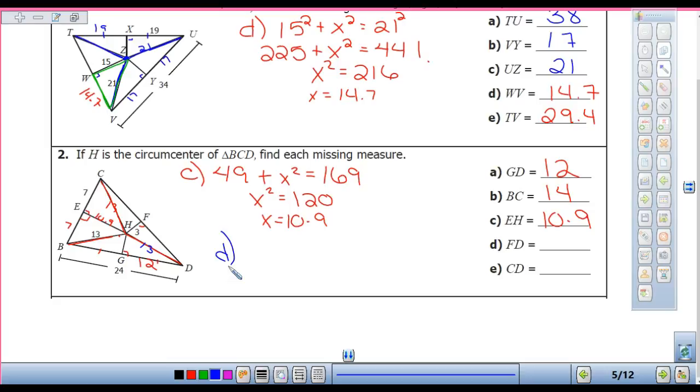So how am I setting them up? Which is 9 plus x squared equals 169. So x squared is 160. FD is 4.6. So CD is